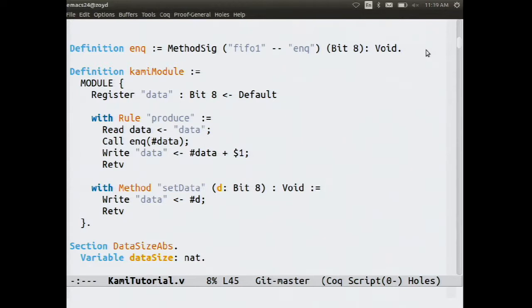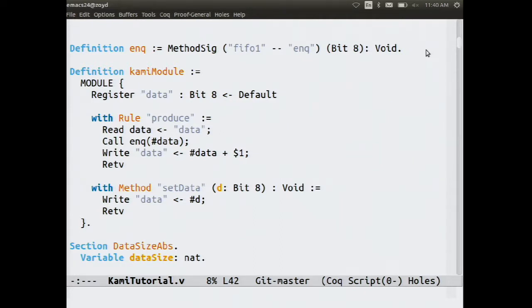But Kami is based on the BlueSpec hardware description language, which is a much higher level than Verilog or VHDL. It allows you to define modules that contain private state, like registers. That part's not too different from Verilog. But then we have, within modules, rules, which are bits of logic that the language guarantees appear to run atomically with no interruption by other threads interleaving with them. And then the compiler to circuits figures out how to interleave these rules in safe ways that produce the same visible behavior as if they really were running atomically by themselves in some order.